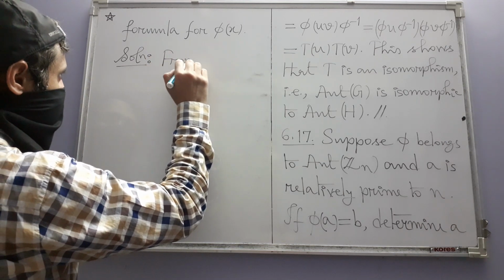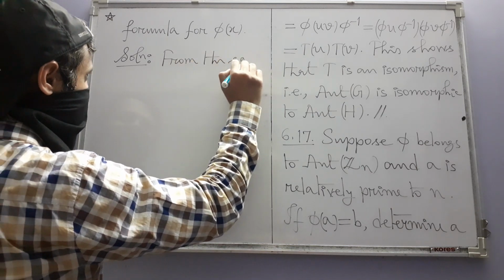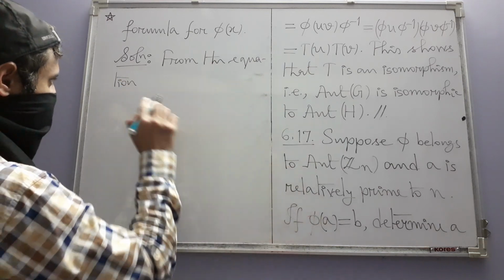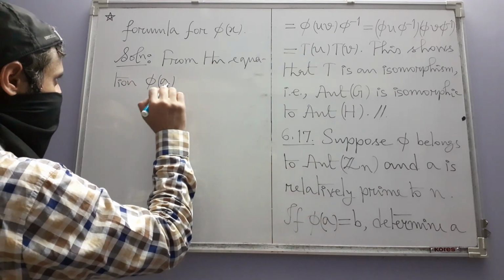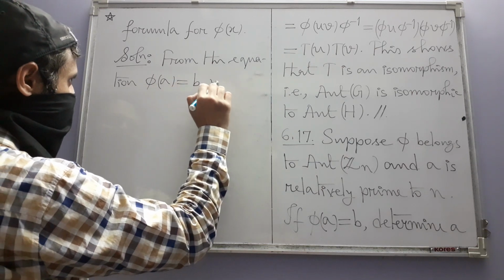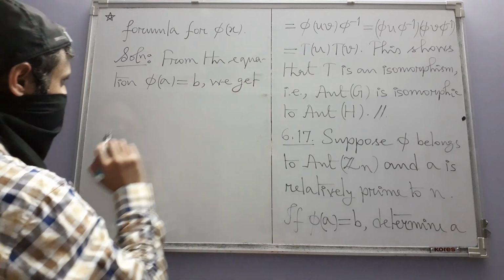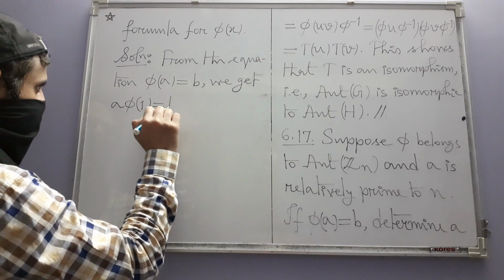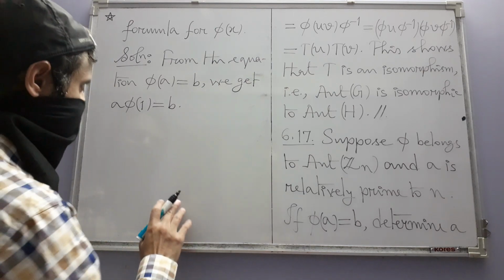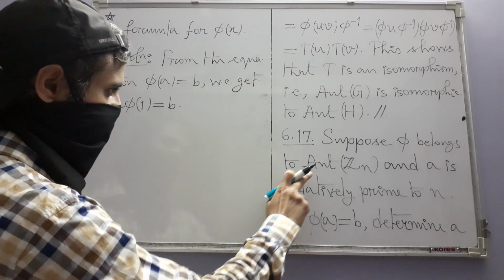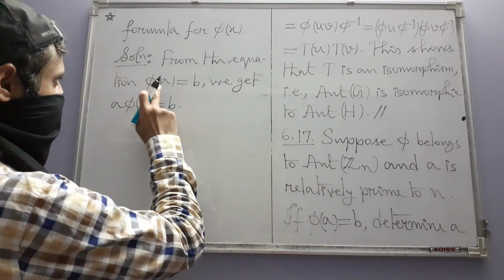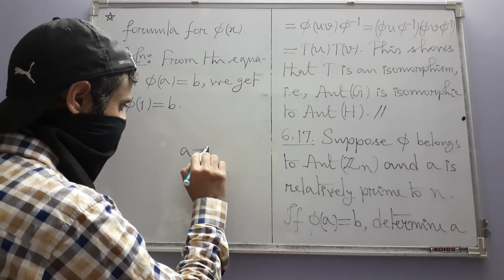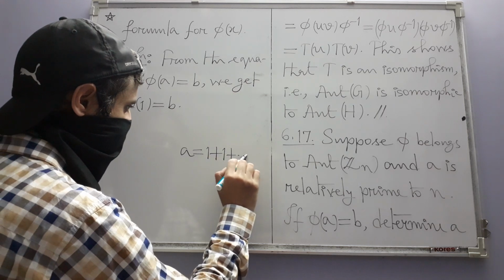From the equation phi of A equal to B, we get A times phi of 1 equal to B, which of course you understand why it is happening. That's because phi is an automorphism of Zn, and in Zn, A means what? A means 1 plus 1 plus etc. plus 1,